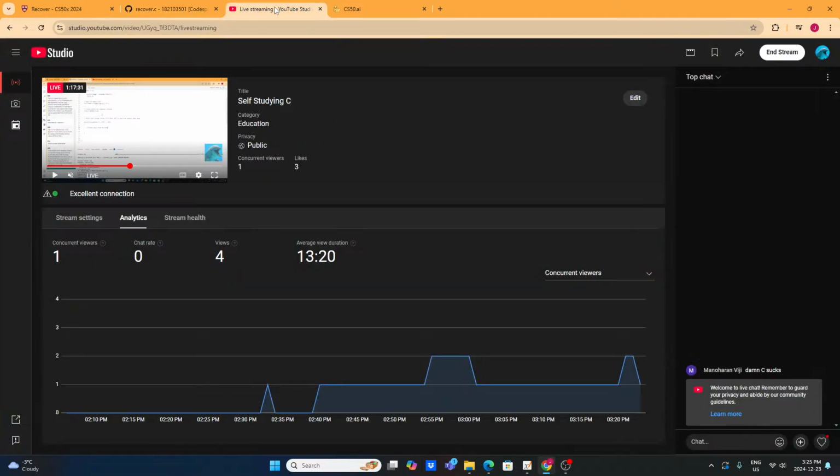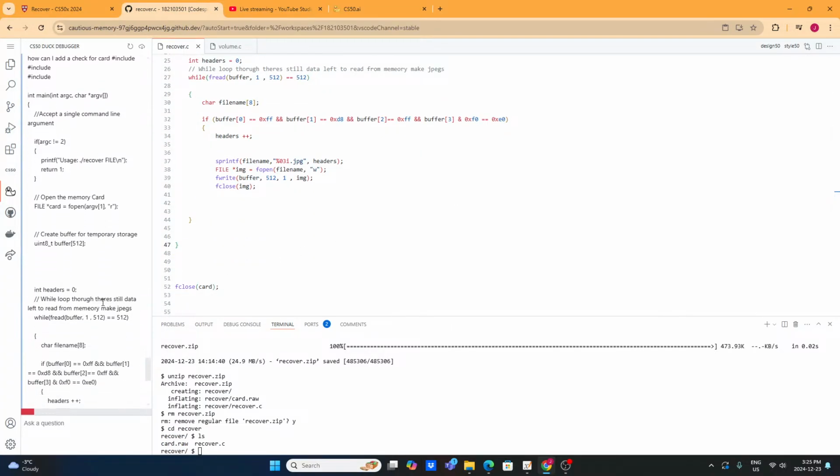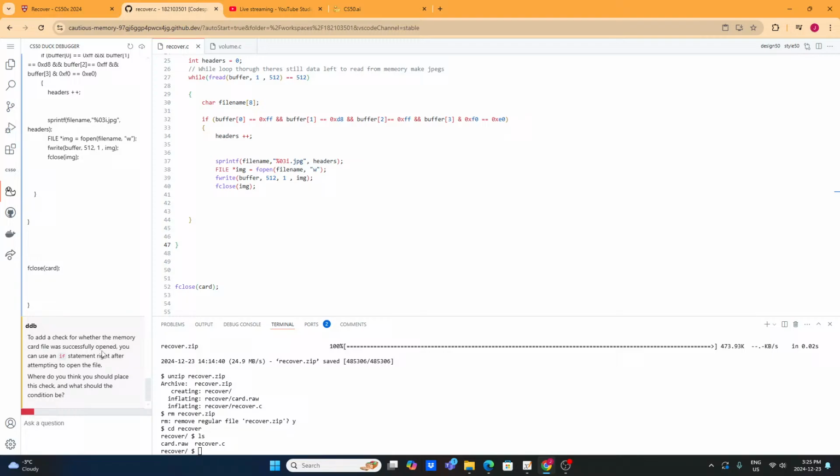I don't know, like, where do you think you should place this check and what should the condition be? Okay, I don't have to place it right after you open it. So if the file is open, if